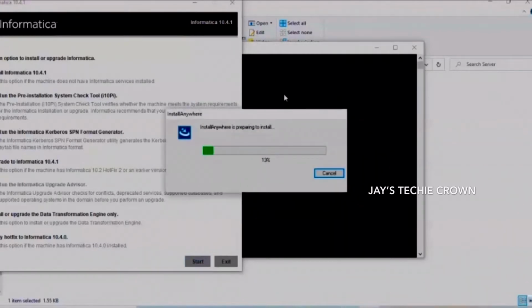Once you click on start, it will say Install Anywhere is preparing to install. It will ask you at which location you want to install this software. We can enter the location either in C drive or D drive or E drive based on the availability of space. So we can choose our drive.